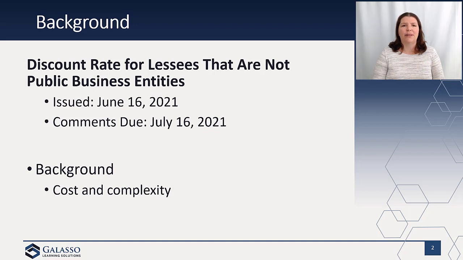And so the incremental borrowing rate would require that every lease have a rate related to the length of time that it's going to be outstanding, the underlying value that's being borrowed essentially. And so in ASU 2016-02, they offer an alternative for private companies, and that is to use a risk-free rate as an accounting policy election. However, this is only for entities that are not public entities, so our private companies and our nonprofits. And when they looked at this, they wanted to provide some flexibility in how they determined the rate. But what we have found is that most entities are not using the rate.